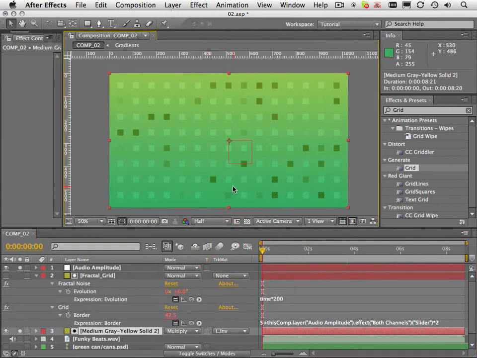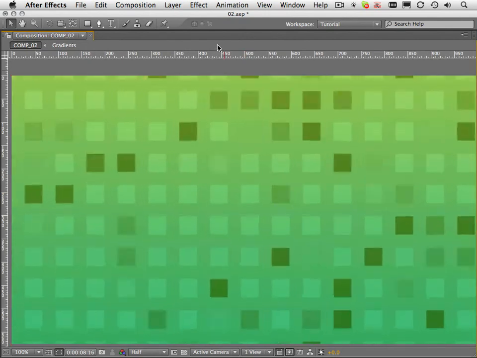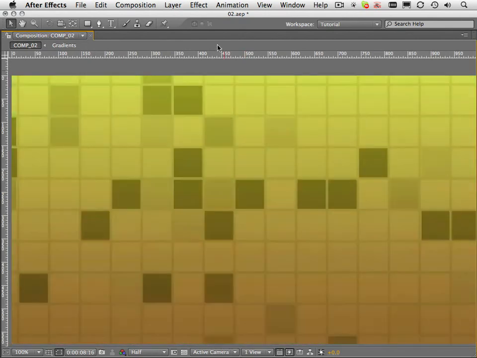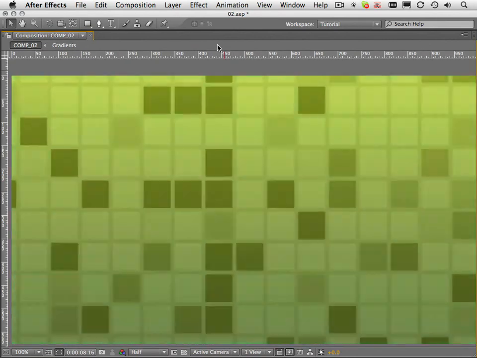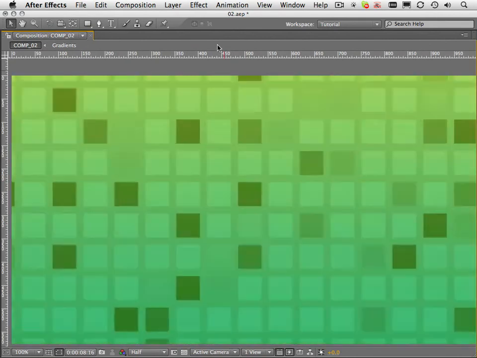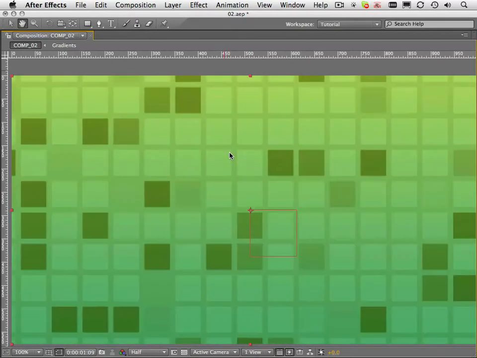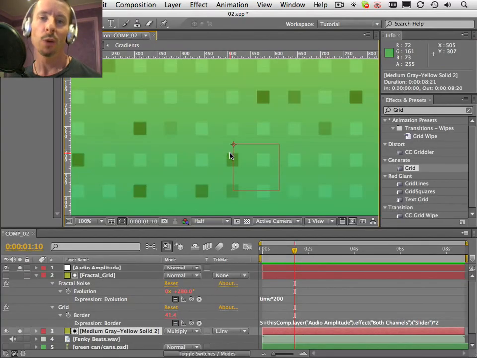Let's just do one more RAM preview. So as you can see, we haven't actually set any manual keyframes yet. We've converted the music to keyframes by using the Convert to Audio Keyframe Assistant,